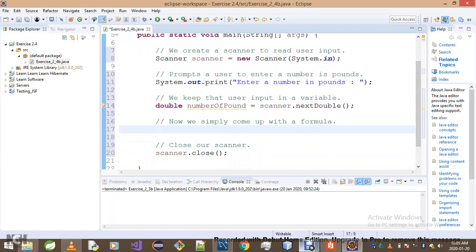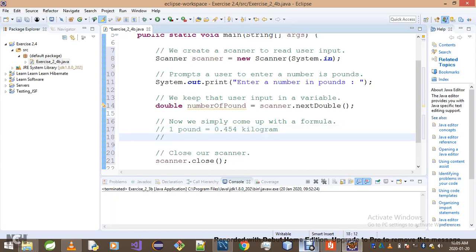Okay, we know that 1 pound is equal to 0.454 kilogram. So what does this tell us? What does that tell us? That simply tells us that,